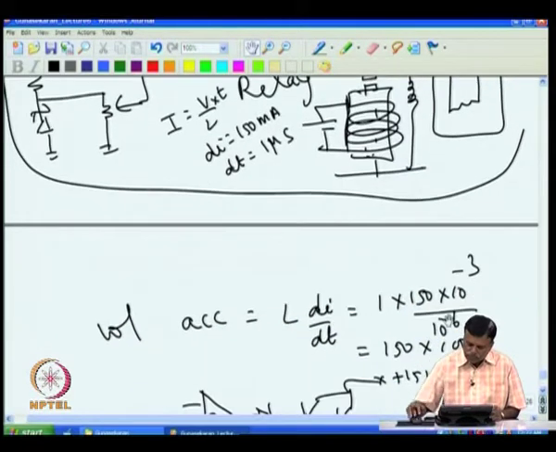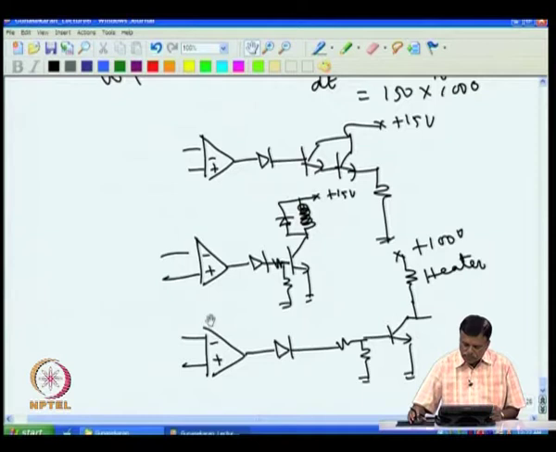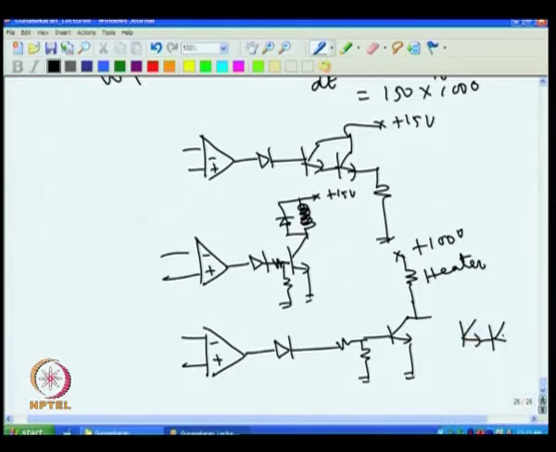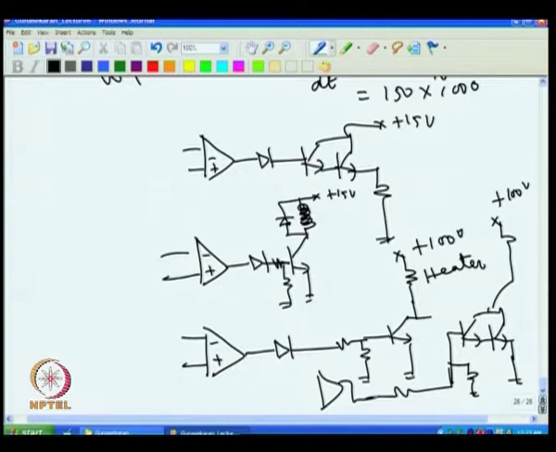I can do this itself, I can modify it, for very high current I can do this. This I can give to the comparator here. So, you see there are different ways of switching. This is actually a direct drive, this is direct drive, this is through relay,